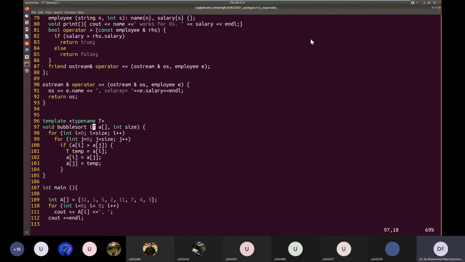Did anybody try templates? The lab was on templates, so I think you might have tried that in the lab. Did anybody try making a class template or function template and then using that template with different types in their program? You guys didn't do the lab yesterday?